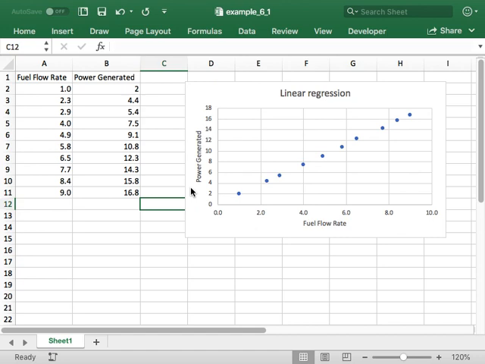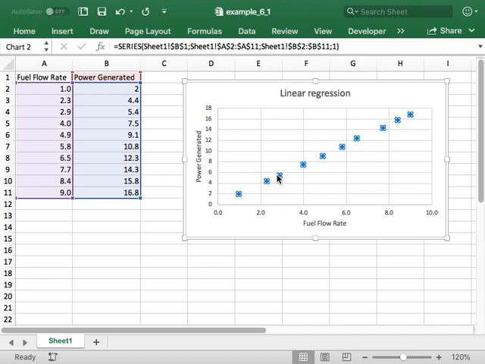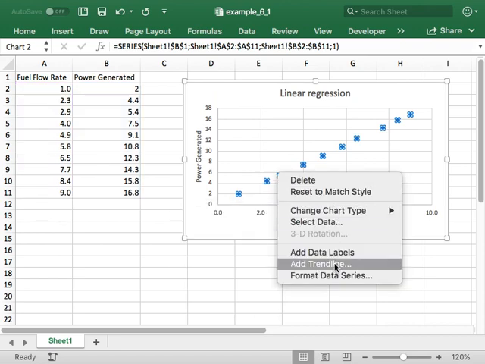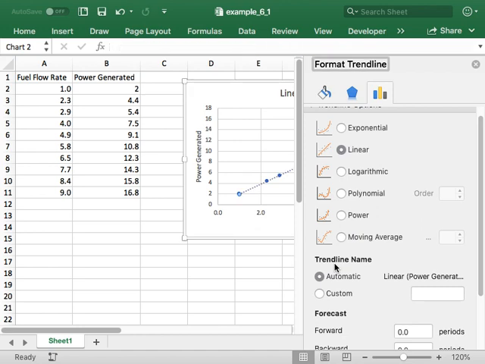Find the relationship between the fuel flow rate and the power generated. Assume that this relationship takes the form of AX plus B. There's an obvious way to solve this problem, especially within the environment that I have open here, right? I've got my Excel, I've plotted the data points. I think most of you will be familiar enough with Excel to select add trend line and then select from